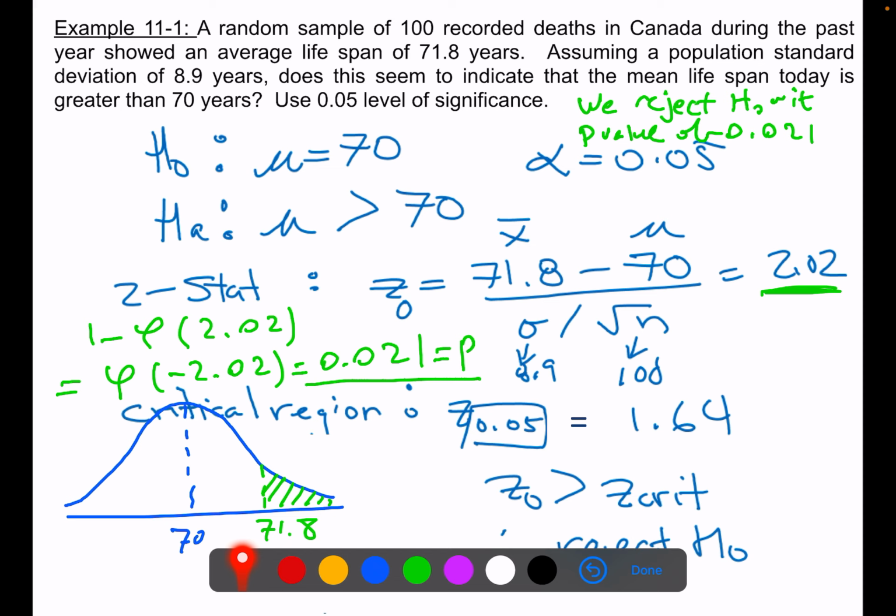No, we are using the normal distribution because we have 100 recorded deaths. 100 is a large number. If it's 40 or more, we can use the normal distribution. And in fact, you can actually use the t-distribution for this question. You just get the same answer. It doesn't matter. I don't know if the table for t-distribution has number 100. You know, because for the t-distribution,